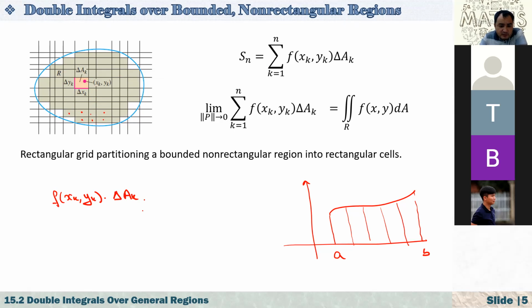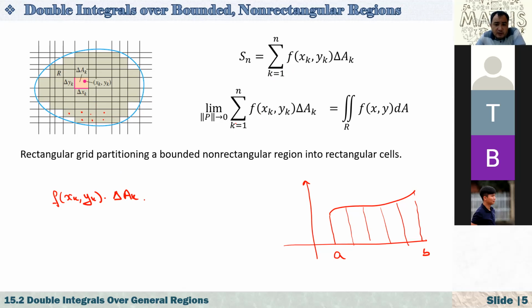Since it is rectangular, our delta sub k is equal to delta x_k times delta y_k. And after that, it's just sum up all of this, right? We form a Riemann sum, because Riemann, the first time, actually discovered or suggested this, and it's based on the area. That's why it's called the Riemann sum.